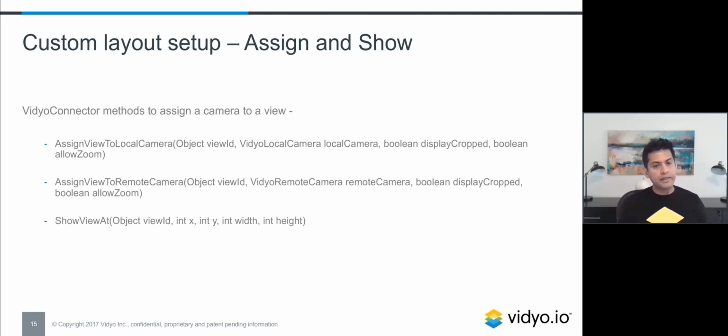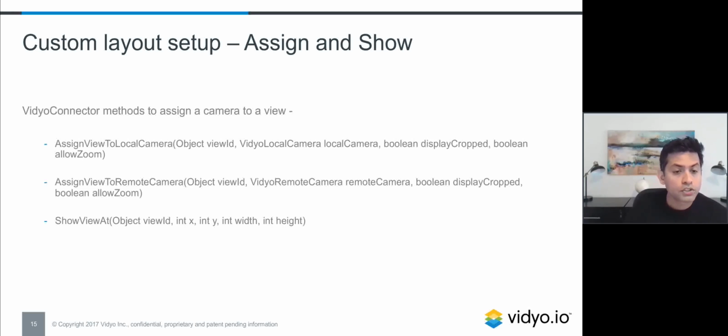All right. The next important step is assign and show. What do I mean by that? Once you get all the cameras, say from local and remote, you are going to assign them to a view, right? So you know, hey, I got 3 remote participants. Now I want to show them somewhere. I got A, B, C. I'm only going to show A and B and maybe not C, or I'm going to show all 3 or whatever. But you need to now do the mapping of this remote person is going to be drawn at this